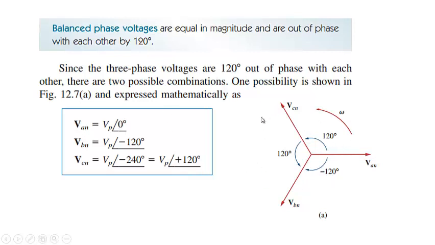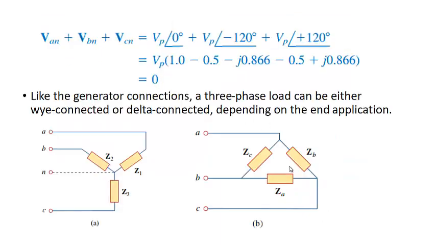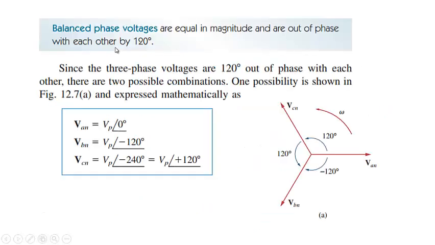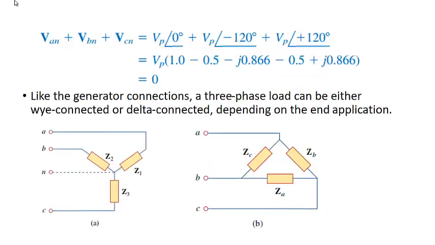And from this diagram, you can see that when we put them together, their resultant will be equal to 0. That is actually a big advantage of the three-phase system. We may do the same analysis to find whether this is equal to 0 or not. VAN plus VBN plus VCN is equal to VP at an angle of 0,